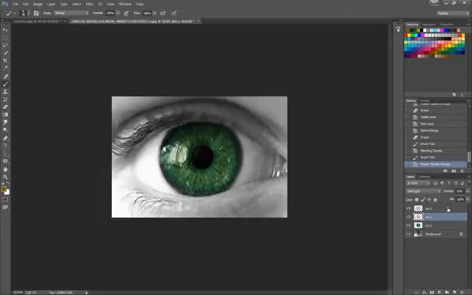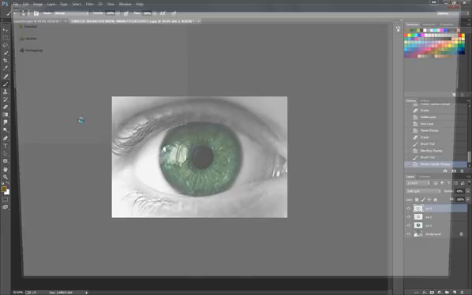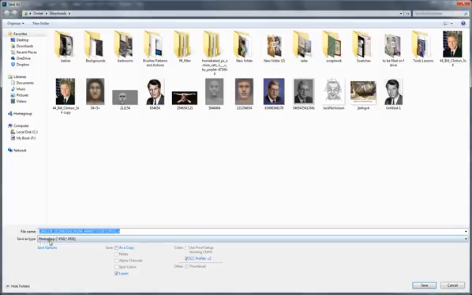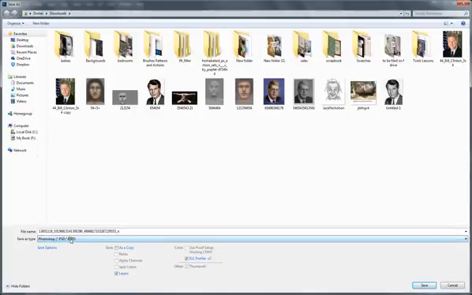And that is what layers are, why we use them. If we turn these off, you can see I did not change my original background color. Also, if you were doing this for someone else and you save your PSD file, which is your Photoshop file, save as, and right here is Photoshop PSD. You see you have all these different things you can choose from. But if you save the PSD file, which I will do,